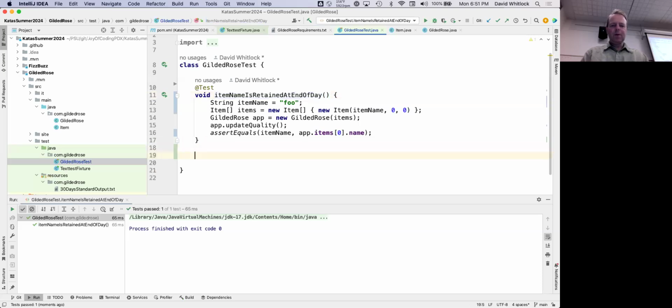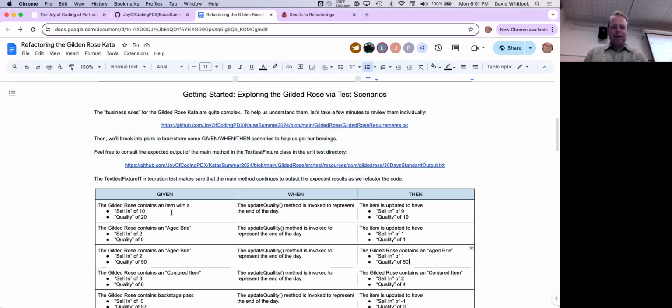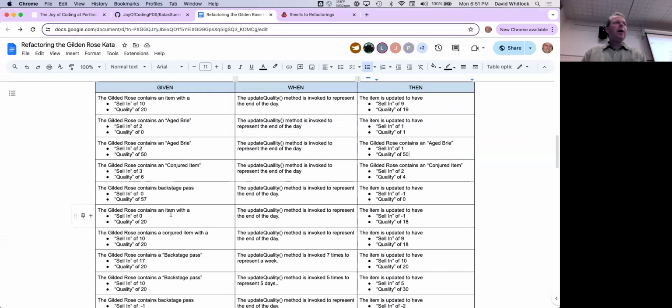All right. Now let's start implementing a couple of these test cases, these scenarios here, just so we can get familiar with the code. This is a very common technique when working with code that you inherit. You can leverage tests to assert your understanding of the code. Yes, you can look at the implementation, but it's going to be really hard for me to figure out what things are actually supposed to do. So instead, I'm going to write a test to really help me debug things. I'm going to start with this first one: create an item with a sell-in of 10 and a quality of 20 and assert that at the end of the day, it goes down to 9 and 19.